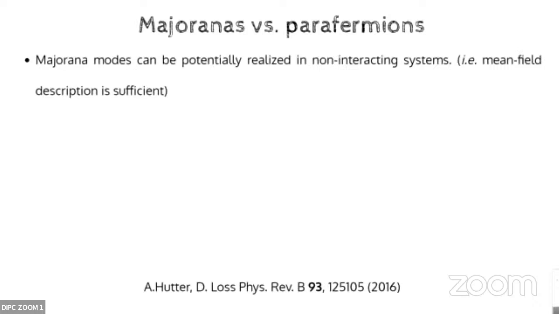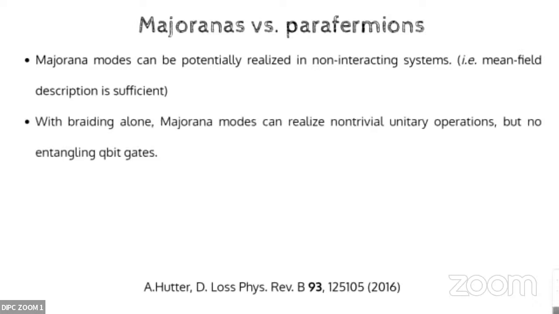So Majorana modes, as you know, can be potentially realized in systems where interactions do not play a very important role, which means that you can usually treat the theoretical description of these systems with mean field tools. So, of course, you have to have in most realizations some kind of superconductivity. So you have to treat superconductivity to a certain degree, but if you use just the Bogoliubov-de Gennes picture, then it is going to give you Majoranas, and it's going to be enough. So Majoranas are really nice because they can realize these highly degenerate ground states, which could in principle be used to store quantum information robustly, because they are not